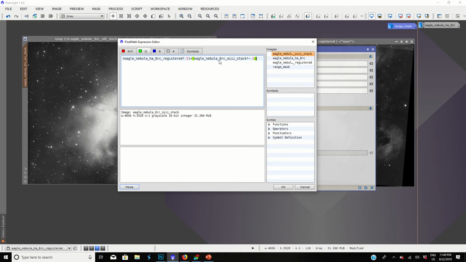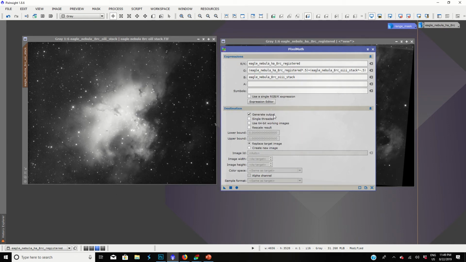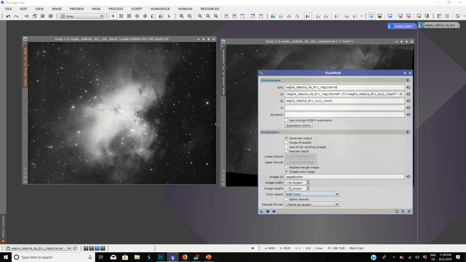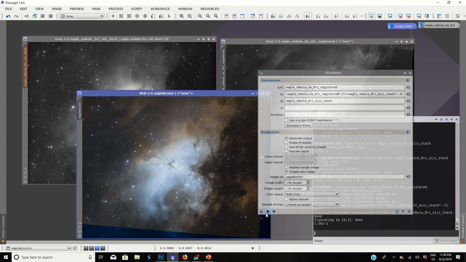I'm going to do times the tilde squiggly sign 0.5 close parenthesis. So here you have the Eagle Nebula HA data times 0.5 plus the Eagle Nebula O3 data times tilde 0.5. Go ahead and hit OK. Down here you want to create a new image. Let's do Eagle Bicolor, and I don't think it allows spaces, so don't even try. And make sure your color space is RGB, because otherwise, if it's same as target, then you will get a monochrome image. And I'll go ahead and apply this and then compare it to an O3 data that has not been